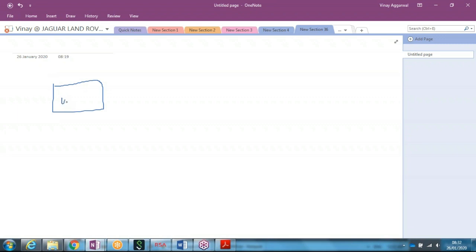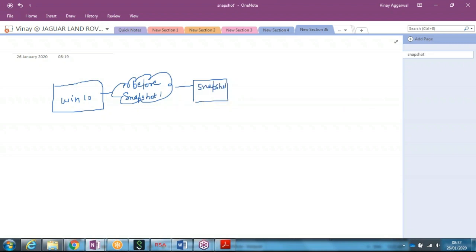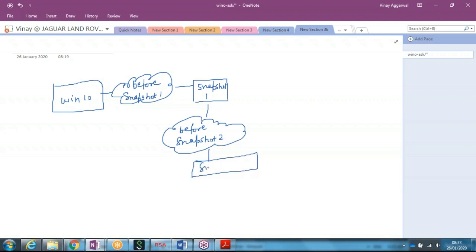So we have Windows 10 here. We created a new file which is before snapshot 1. Then we take a snapshot which is snapshot 1. Then we created another file which is before snapshot 2. Then we created another snapshot which is